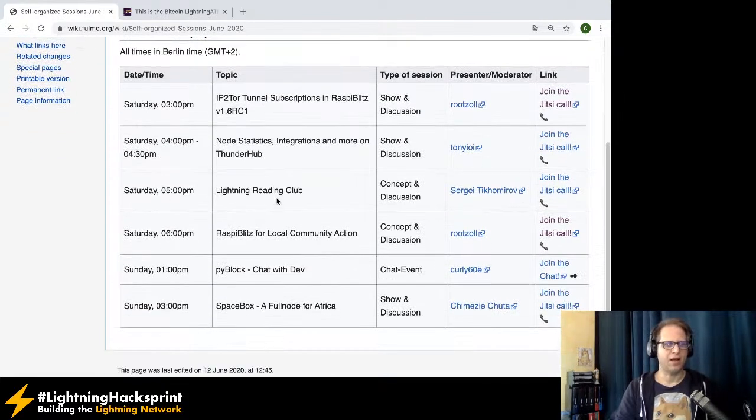Then we have at 5 a Lightning Reading Club. I think this is a very, very open round, where maybe the idea is how to get a Lightning Reading Club started. I know there are some reading clubs out there for other topics, so the idea is to meet up